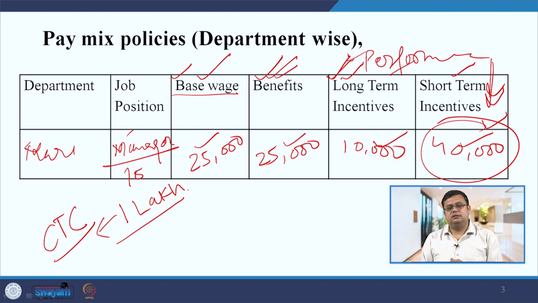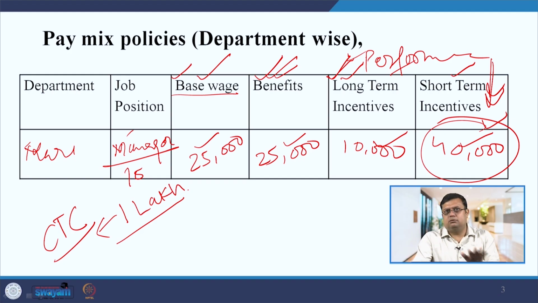In addition to this, if we talk about total rewards, then non-monetary benefits are also there. So, you can think about the non-monetary benefits, make the total rewards, and then offer them to the employee. So, this analysis will help you understand which component is playing a role and which component is giving which signal. Sometimes you can reduce one component and increase another component, the salary is the same, but still that employee will perceive something different about the organization, because each component gives a different message to the employee.